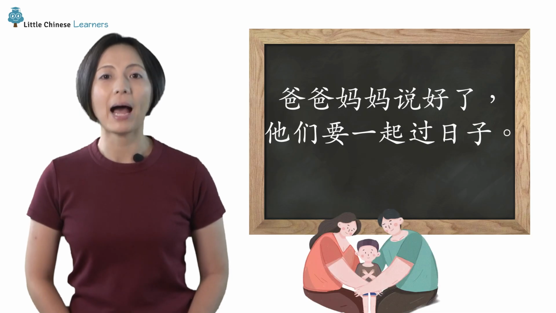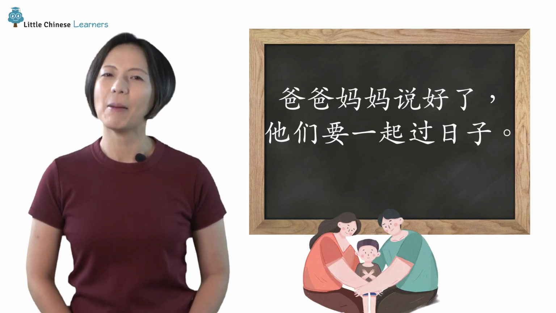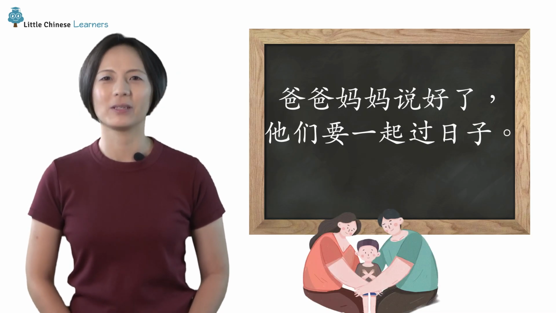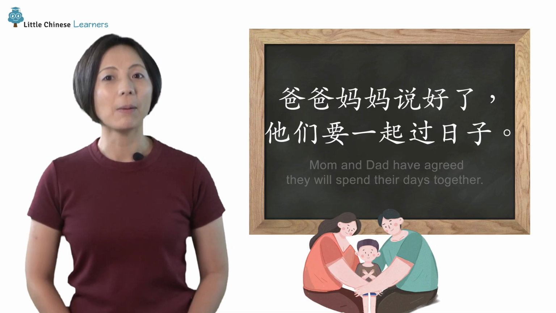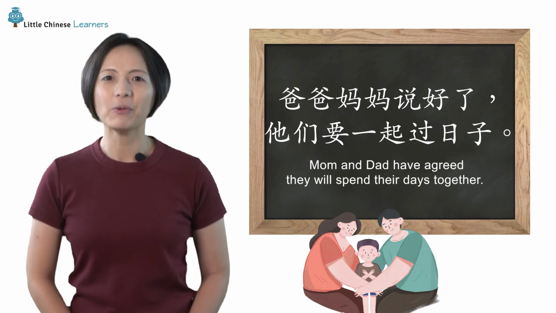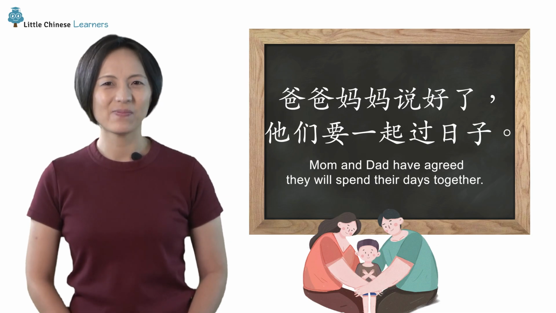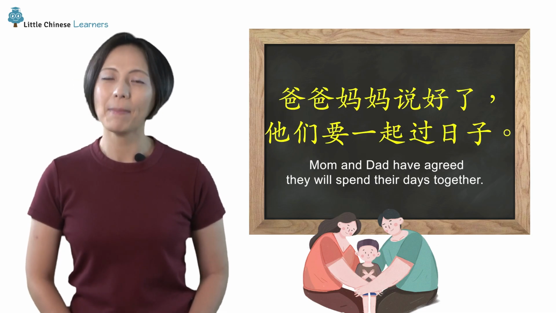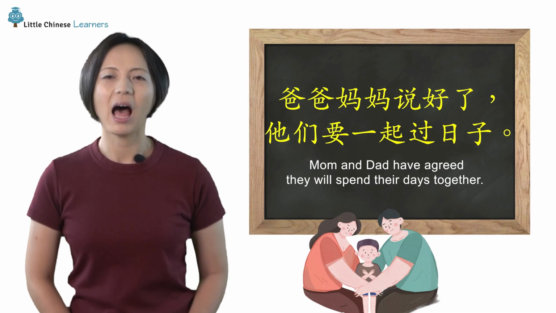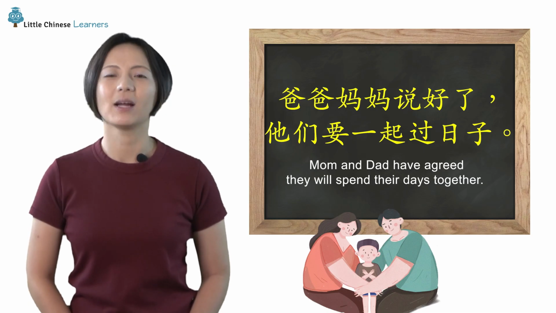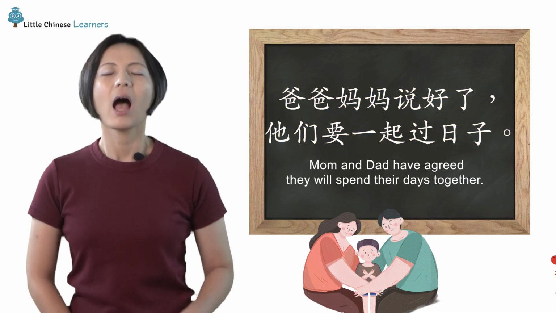爸爸妈妈说好了，他们要一起过日子。Mom and Dad have agreed. They will spend their days together. Isn't that sweet? 爸爸妈妈说好了，他们要一起过日子。换你试试看。